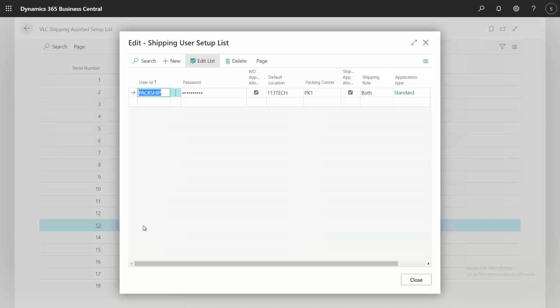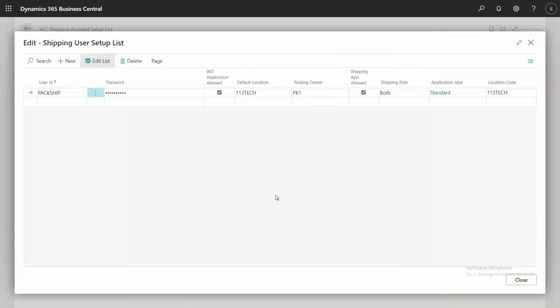This is the shipping user setup, where we can control which applications we are going to provide. As I mentioned, we have two, one is the dashboard and one is shipping. So both can be assigned to the user, or a single one can be assigned. If you don't want to show all the analysis to your users, you can make it only shipping application allowed.